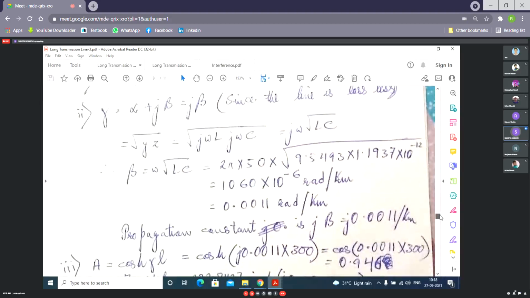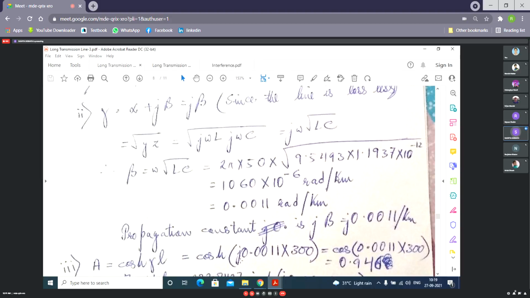To find out gamma, if you know gamma, then the imaginary term is only there, so it is equal to beta. So find out beta. If the propagation constant is actually gamma, what will be gamma? Gamma equal to j beta. So this is equal to the propagation constant. If you are asked to write out gamma, you have to write it as j of this one. But if alpha is not there and you are asked to find out beta, you should not write j, because we call gamma as alpha plus j beta.